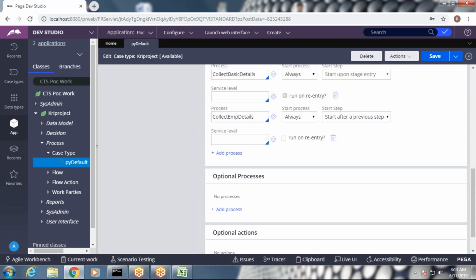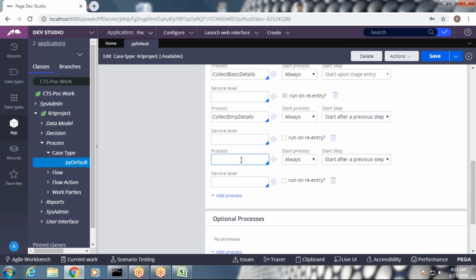So two flows are done. Add one more flow, that is bike details. So collect bike detail.